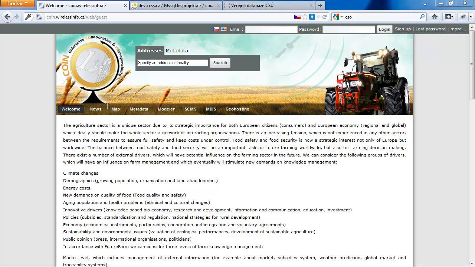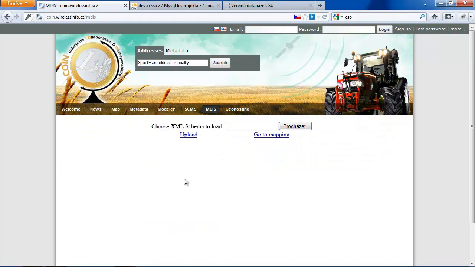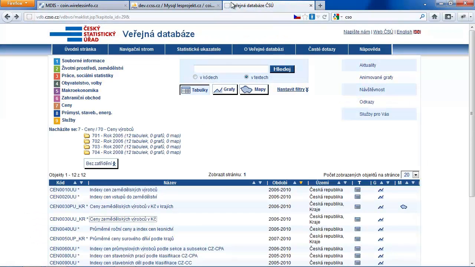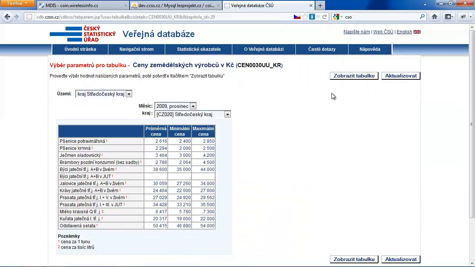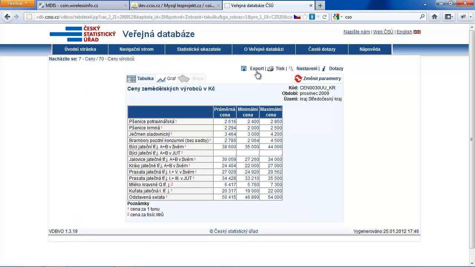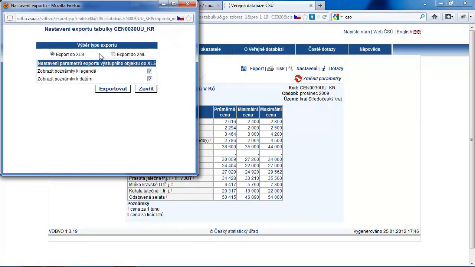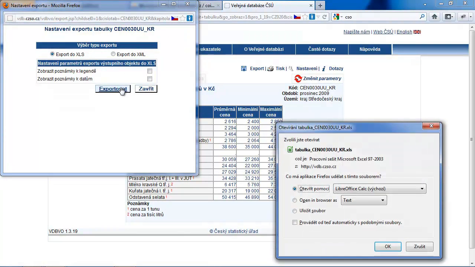MDIS is used for harmonization of data used in this scenario. In this example, we will use data from Czech Statistical Office, mainly prices of agriculture crops. First, we need to export them to XLS.